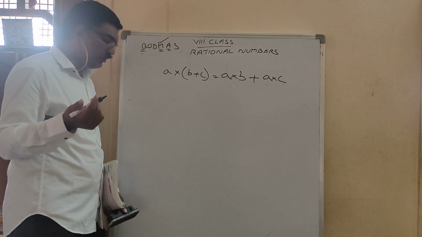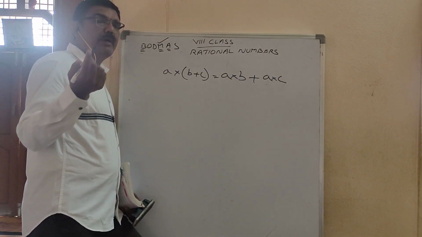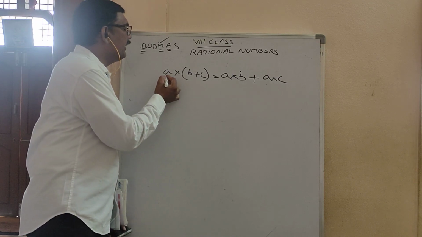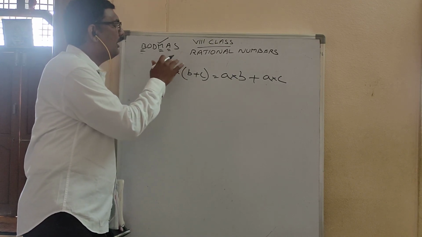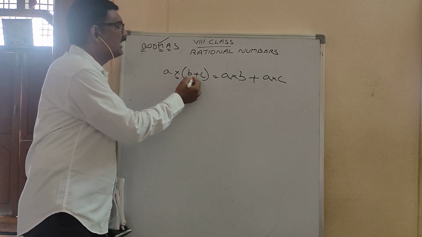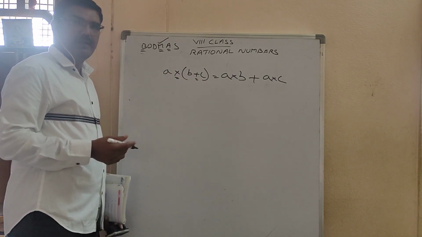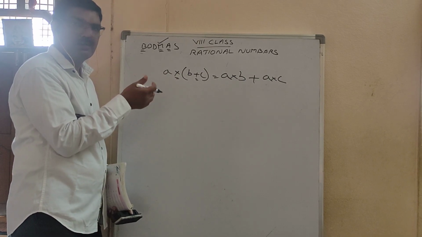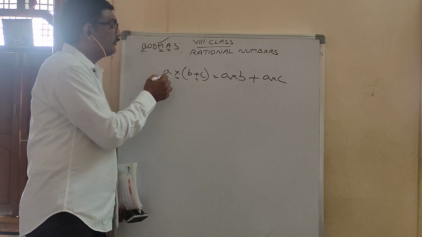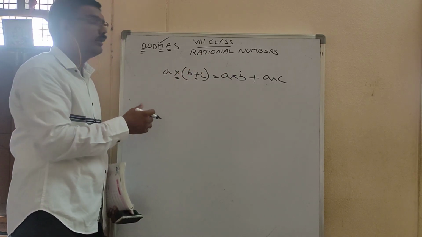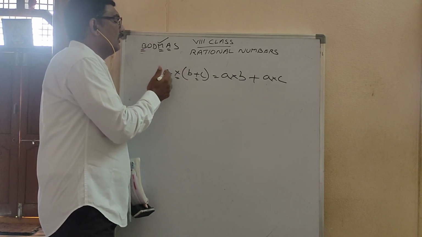Distribution, you already know. During your birthdays, you distribute chocolates, right? It is the same here. How do you identify it as distributive? In associative, the same symbols will be there. In distributive, you see multiplication and plus, different symbols. Next, if multiplication is there on both sides, it becomes the associative property.